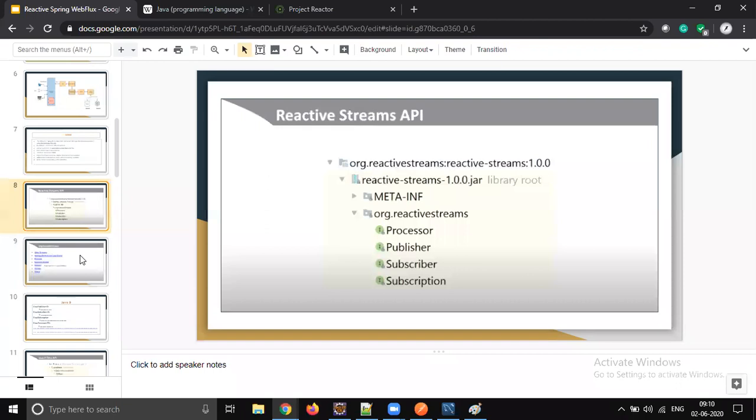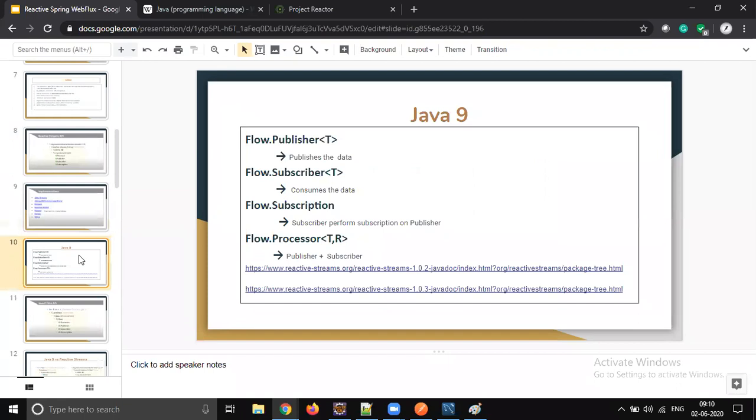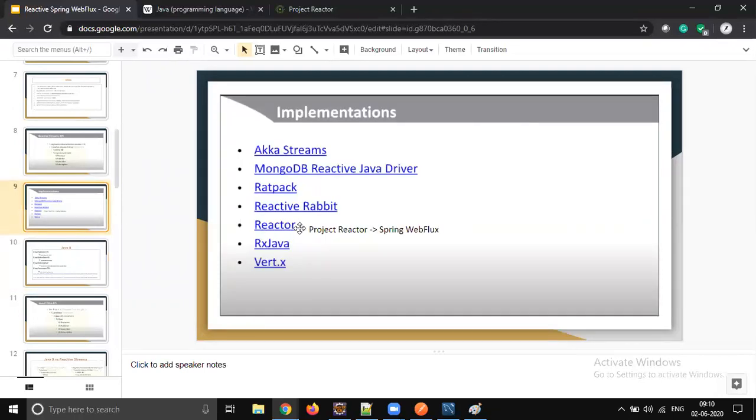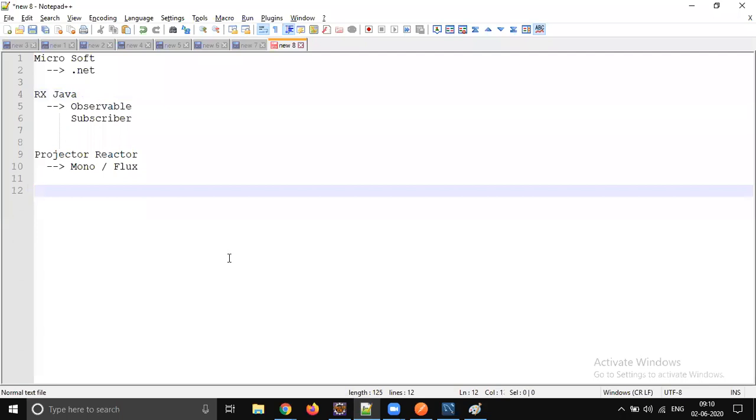So we are going to use third-party libraries. Then all of a sudden Java realizes, oh, there is some huge mistake we did, right? Reactive programming is going to play a major role in the upcoming days, so it should be part of Java, right? So all of a sudden, Java people announced that Java is going to support reactive programming, and all your libraries should start supporting it. When I say Java, it's from Oracle. So Java is going to support reactive programming.